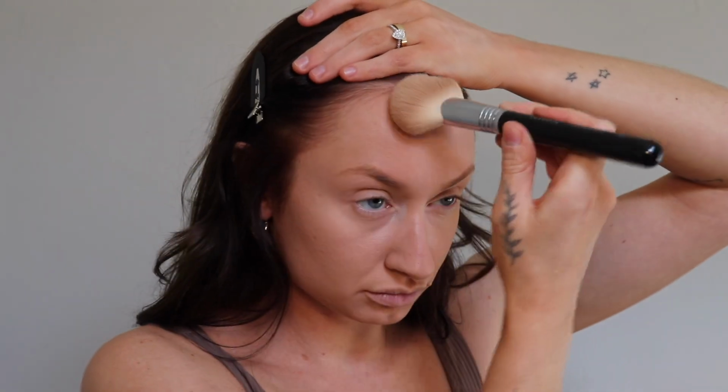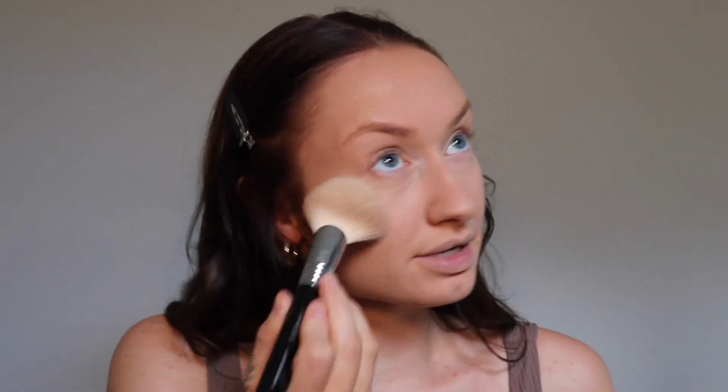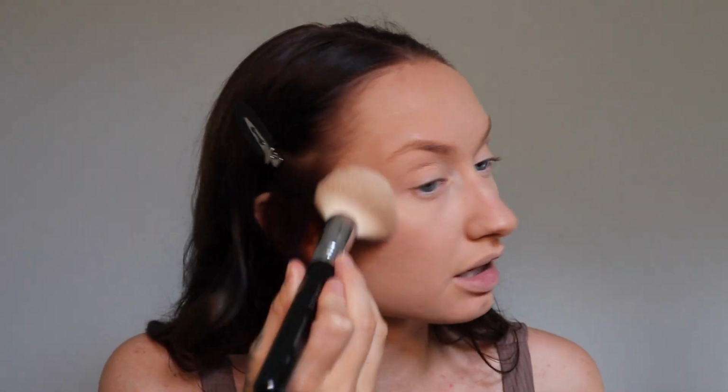For bronzer, I am using the Jaclyn Hill Vitamin D Pressed Bronzer and applying it with the Sigma F44. One thing I could live without is how this is scented. It smells like a fall Bath & Body Works candle, and it's fine for this time of the year, but